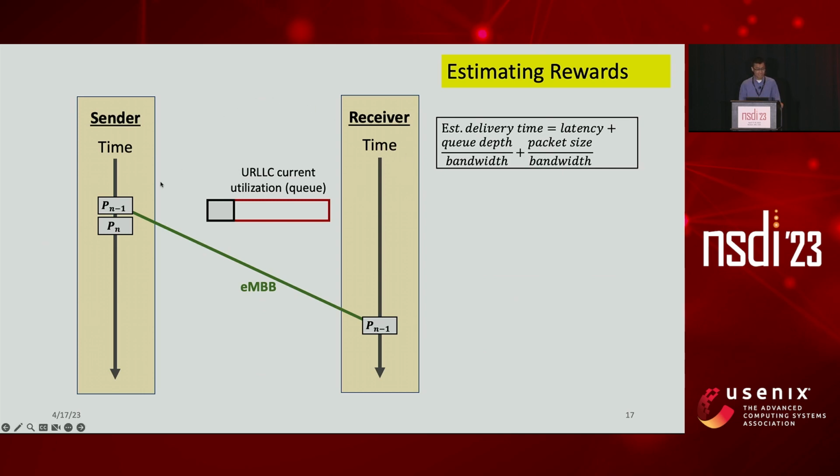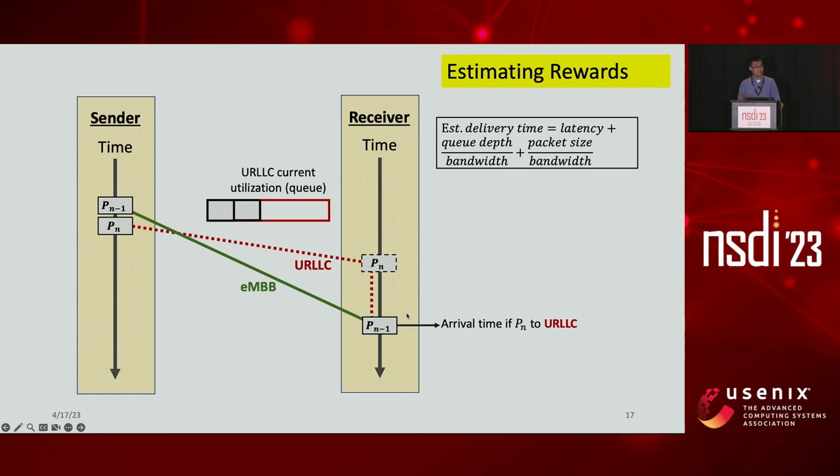So this is the same. We still want to send a PN, and decide whether we should send it to eMBB or URLLC, but we have a previous packet, which is PN-1. The PN-1, we already sent to the eMBB. So PN-1 will arrive roughly at this timestamp. If we decide to send PN, the next packet, to the URLLC, then PN will arrive at the receiver at this timestamp. However, we need to queue up the PN so that the arrival time actually becomes the arrival time of PN-1, because we have a reordering buffer.